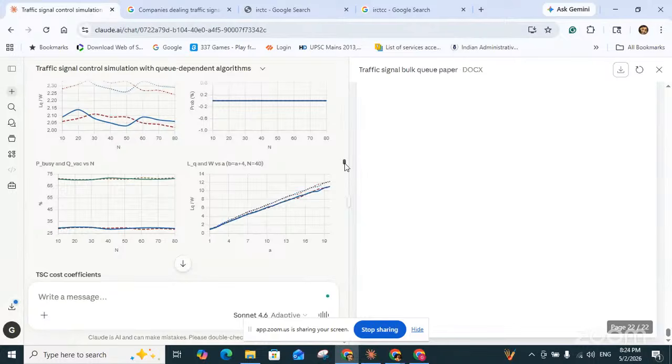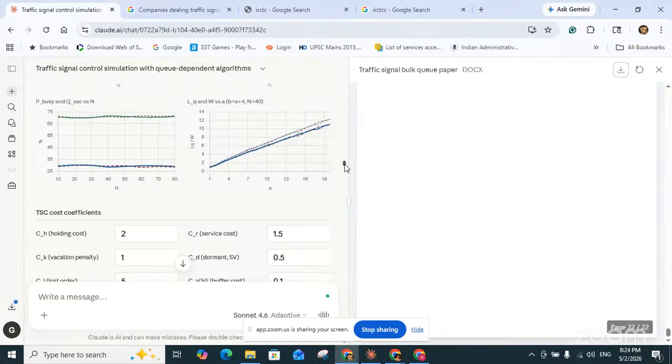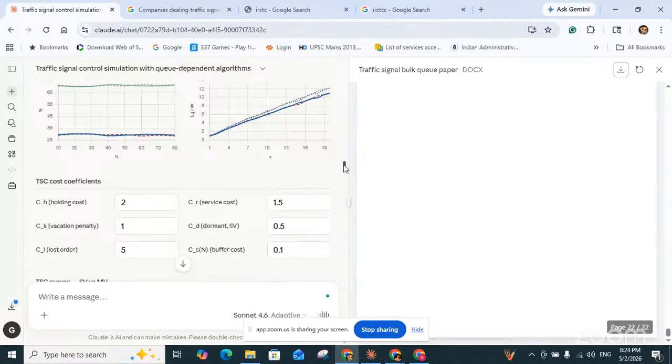If someone published in 1992, Claude will say it was published in 1994, something like that. So for that purpose, at the initial level, I was using two tools.